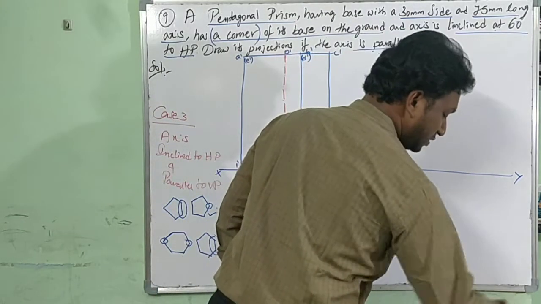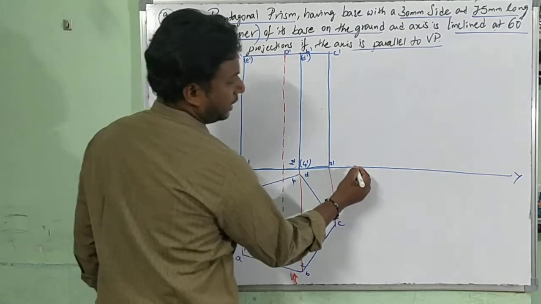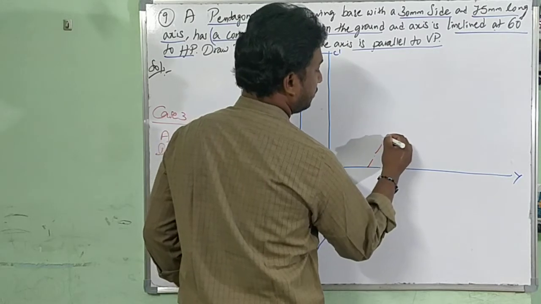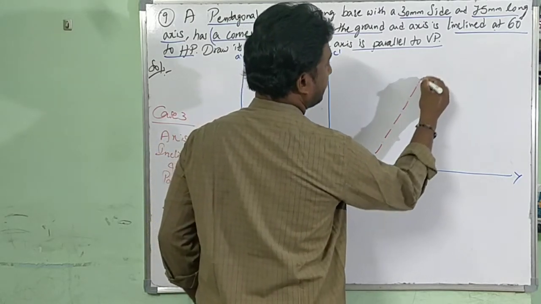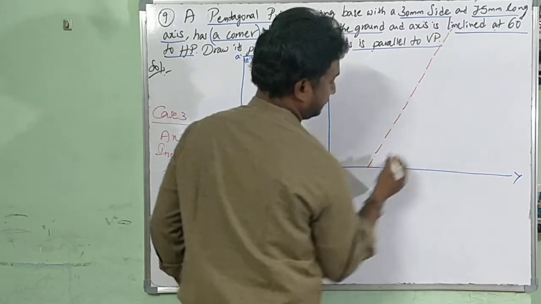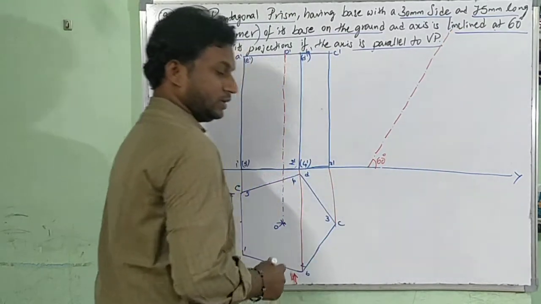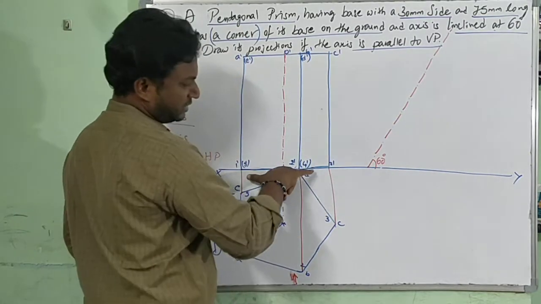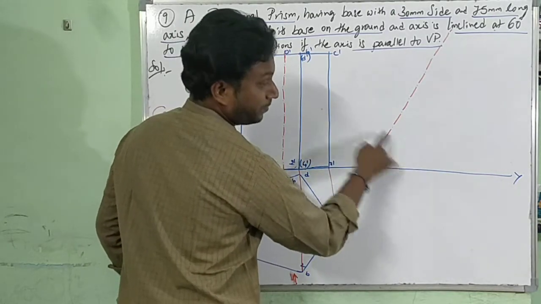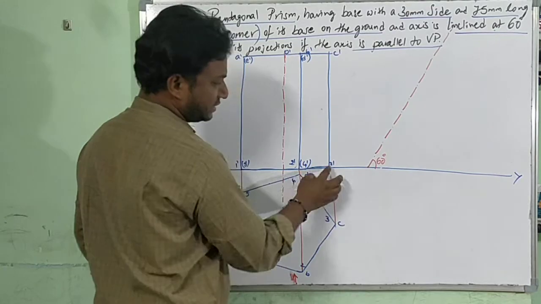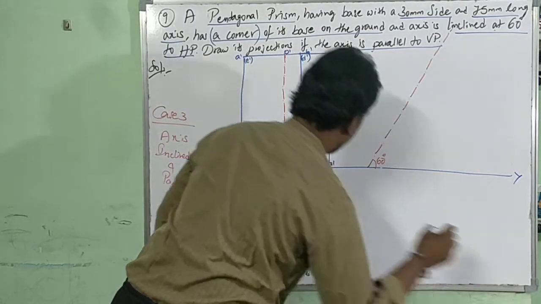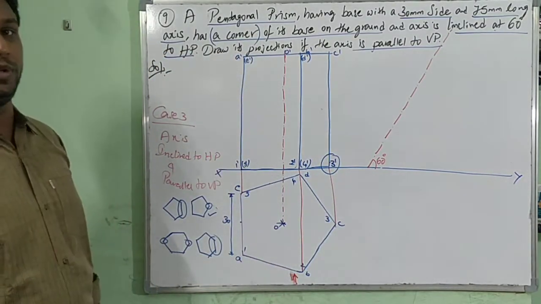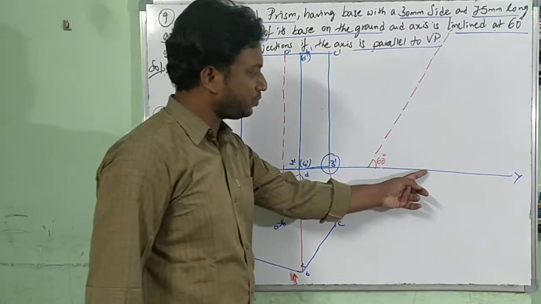So again I am explaining the same thing. Axis line, pick any point, draw the line at an angle of 60 degrees. Here the axis line is separate, 60 degrees. Now this line came at 60 degrees. Now this baseline should come here, such that this point, what point? Corner point. What is the corner here? 3 dash. This edge means 2 points will be there. Corner means only 1 point. This 3 dash point comes to here.